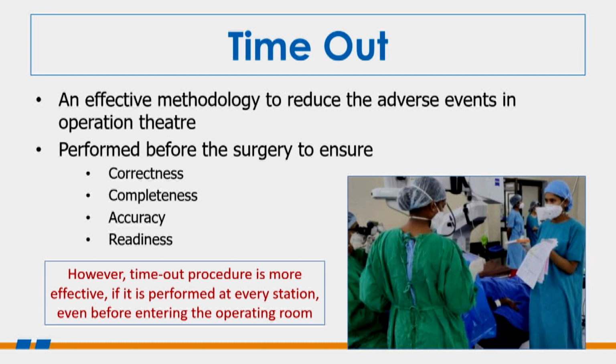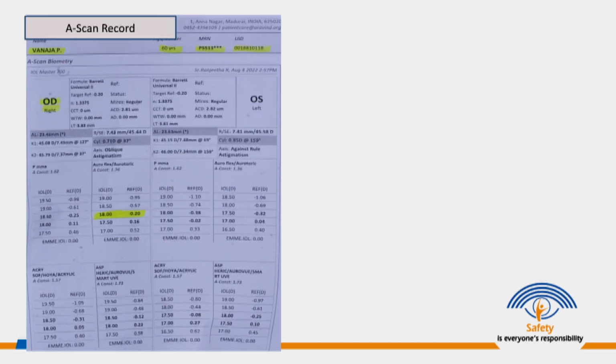And again, what is typically advised is that you do this timeout in the operating room before you start the surgery. But in ophthalmology, ideally you start right from the beginning as a patient enters the operating room, even before you give the block, after you give the block, before you take the patient for surgery, and at the time of putting in the intraocular lens, you should be able to do it.